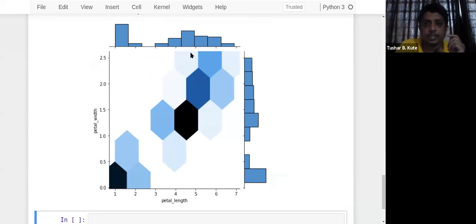And here high probability is there. Here high probability, the highest counts are there. That's why it is completely black. So the heat map visualization technique is this hex bin, because hexagons are used to show this particular data, and according to the intensity of colors we can find where the highest number of elements are there and where the lowest number of elements are present. Intensities can be seen. So the kind I just mentioned: hex, KD, or hex plot like that. So just connected to each other, petal length, petal width, I can plot it, and any other parameter can also be seen using this plot.